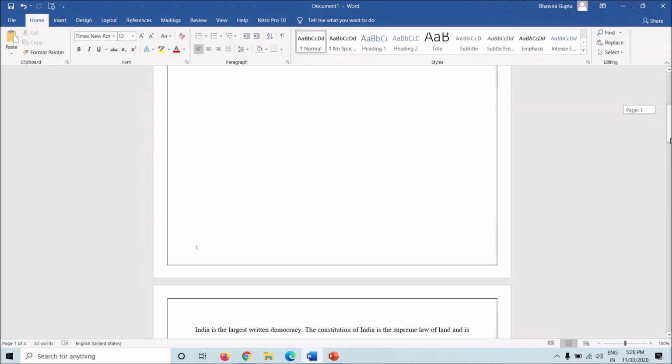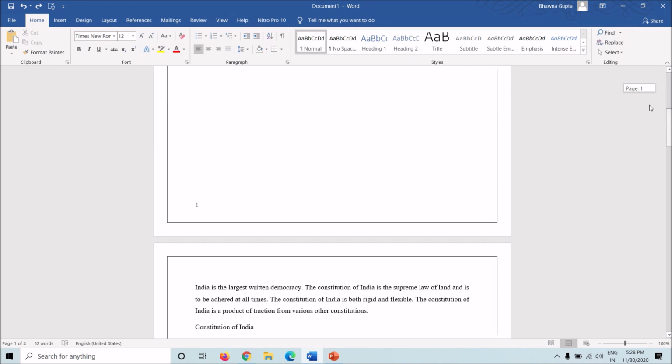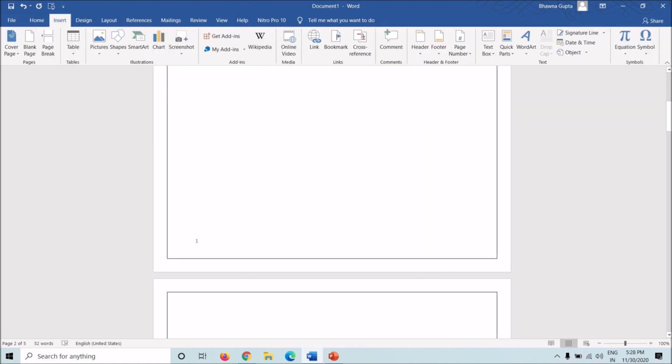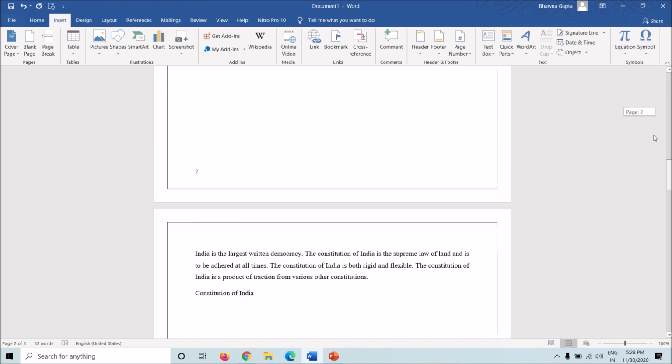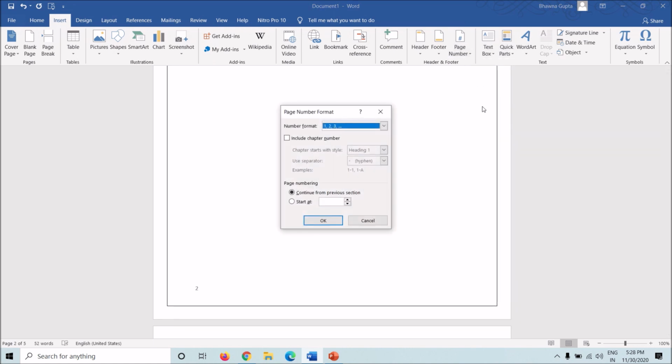So there's a way to do it. So now I'll insert a page break here, and after inserting a page break I can easily format the page number.